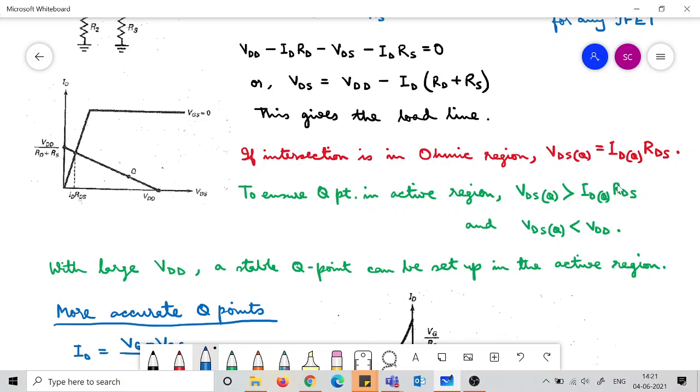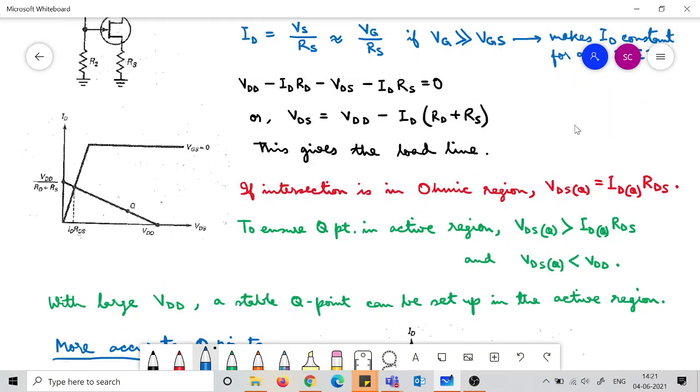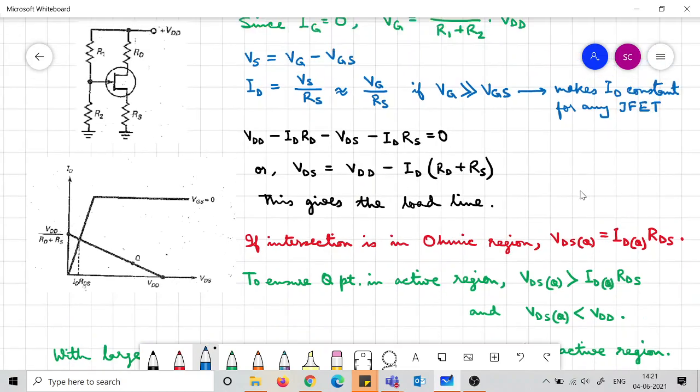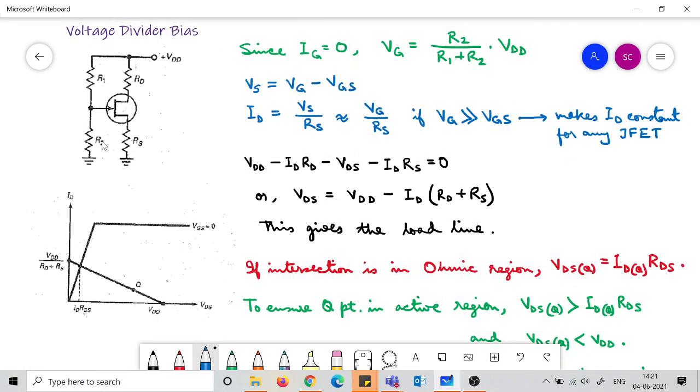Now this is a mathematical thing, but for an engineer setting up a circuit, how do we ensure this without going into so many calculations? What you see, we have to only ensure that VDS is as high as possible. Of course, it will not be greater than VDD because it cannot exceed VDD by the arrangement of the circuit, because VDS is only a drop within this loop which is activated by VDD. So VDD is the source here, VDD is the input voltage, and VDS is a drop in between.